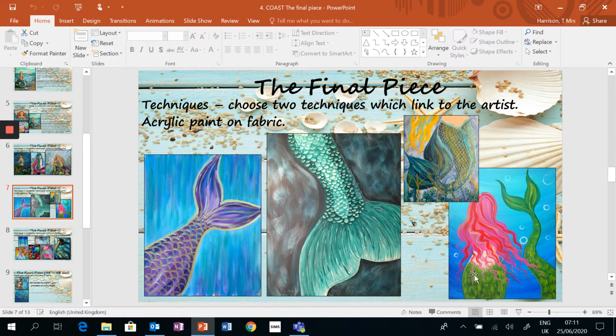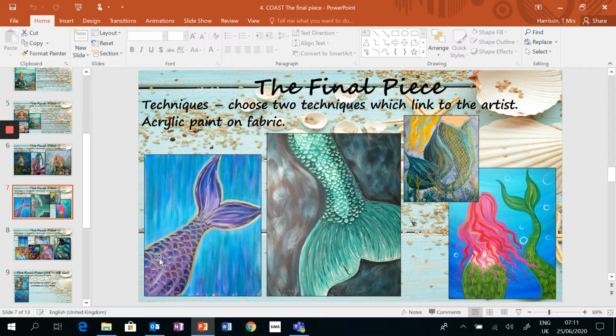So this is just some close-ups of the effects that you can get, and this would all be in sketchbooks. With your annotations, you need to detail and look at every stage and say how they relate to your chosen